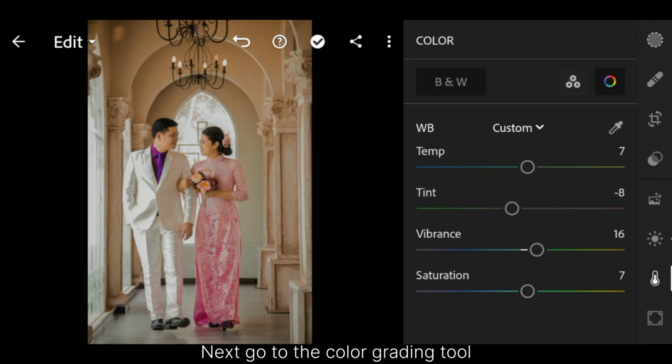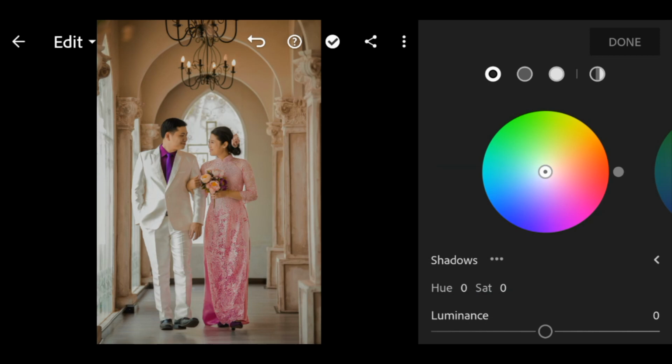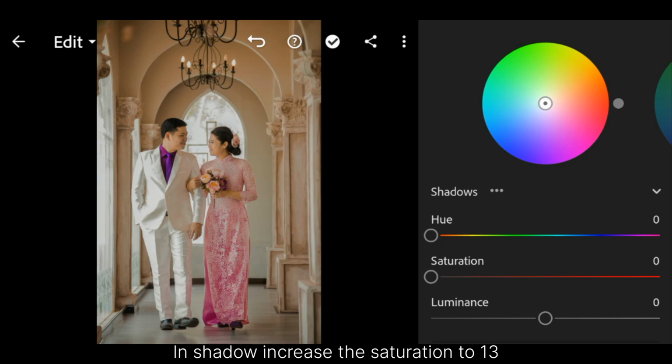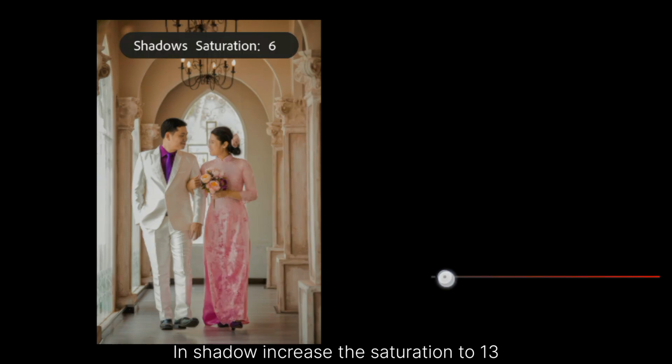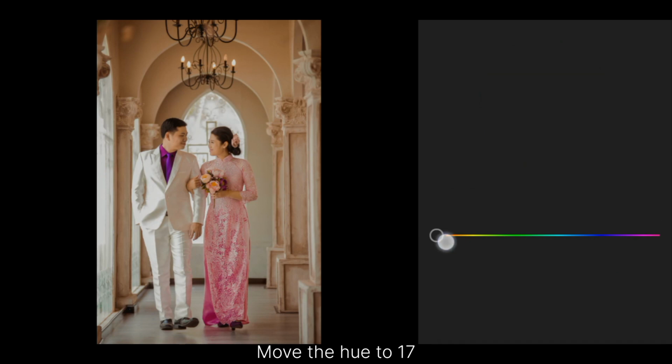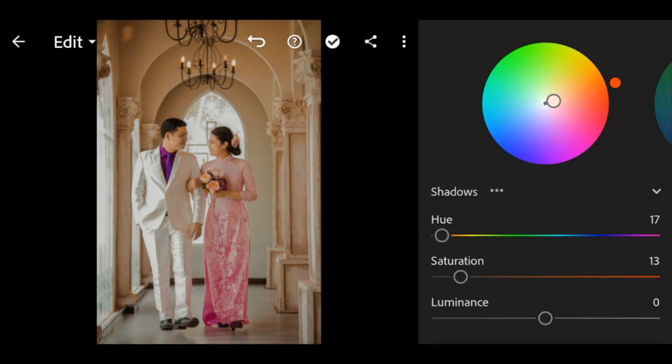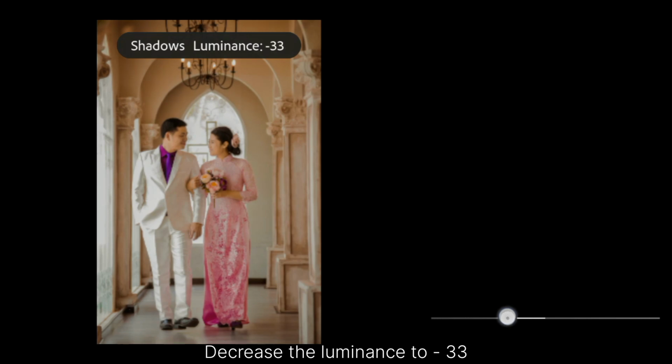Next, go to the color grading tool. In shadow, increase the saturation to 13. Move the hue to 17. Decrease the luminance to -33.